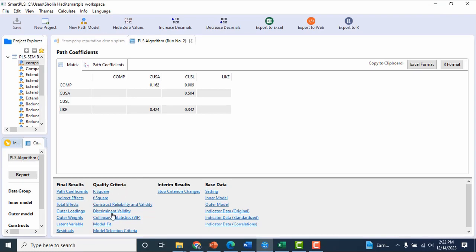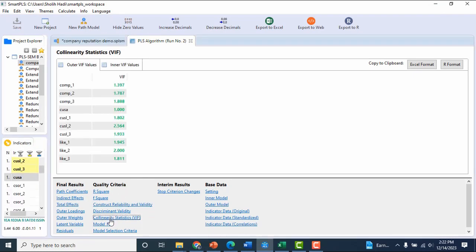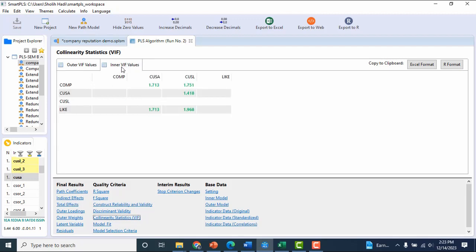Go to the VIF here, and this is for the outer values. This is in the formative measurement assessment, and in the structural model we see the inner VIF values. We can see here everything is good because it is lower than 5.